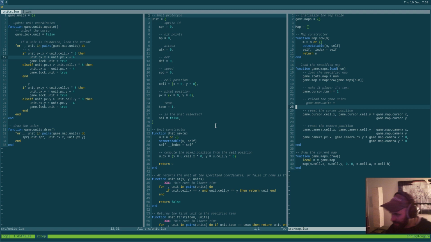Wait, I'm manually resetting stuff here. What's this all about? Now that's sensible. Ping.map.cursor.x. So this, yeah, because I need to propagate this map data into the other tables, but that means that this map data is set as expected here. So I don't know why